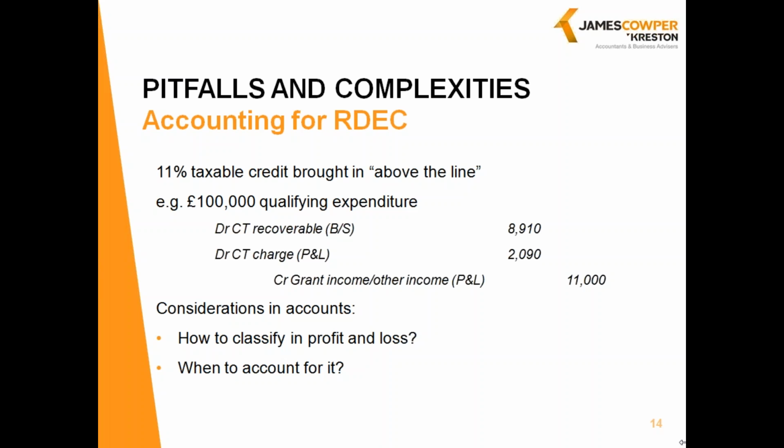So if you look at accounting for RDEC first of all, as I said, it's a taxable credit brought in above the line, but in accounting terms, what would be the double entries? Well, it would be credit the income, there's the 11,000, we've got 100,000 of qualifying expenditure, credit the income. So the first point is, how do I classify it in my P&L? We've seen it as grant income, other income. Again, it's something to check with your auditors as to where they would prefer it. Sometimes you've seen it netted off